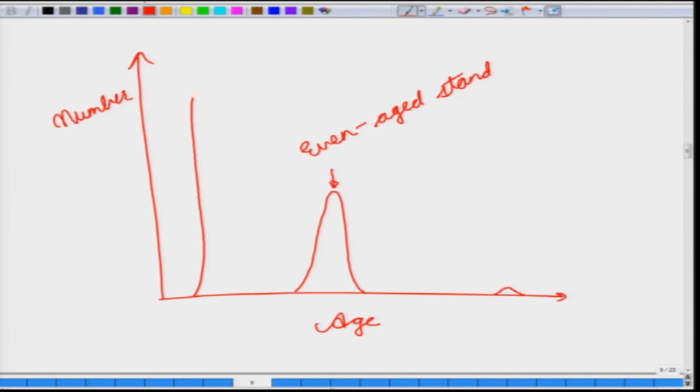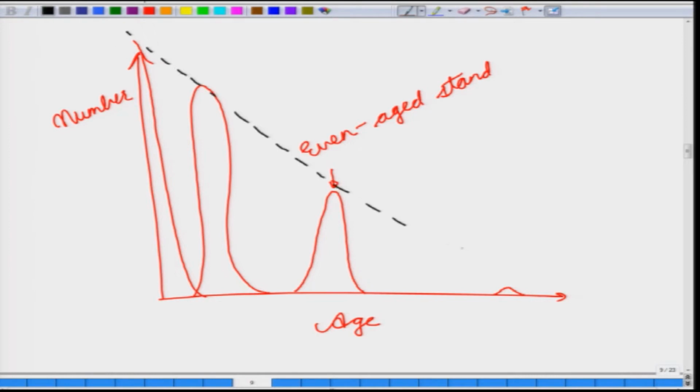Here you have a stand like this, here you have a stand like this, and so on. And when you join the tops of these curves, you are getting the selection curve, the inverse J curve for the selection forest,